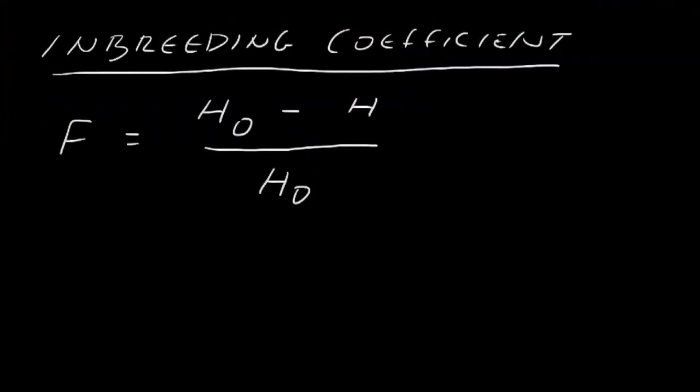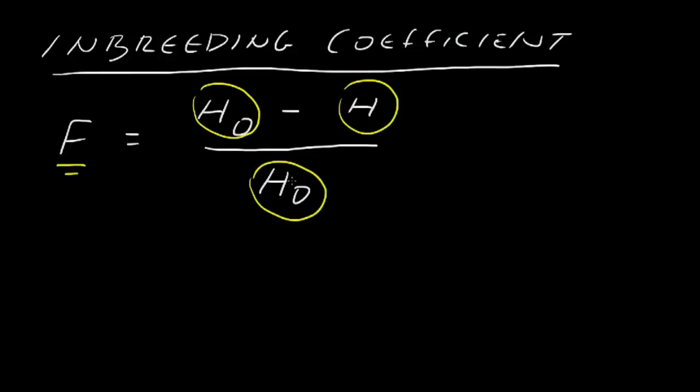The inbreeding coefficient, or the F statistic, is really a pretty easy calculation. It's quite straightforward, and it's given by this equation here. F, our statistic of interest, is H naught, H sub 0, minus H, divided by H naught. Sounds pretty straightforward. Well, what the heck is H naught and what is H? H naught really refers to the